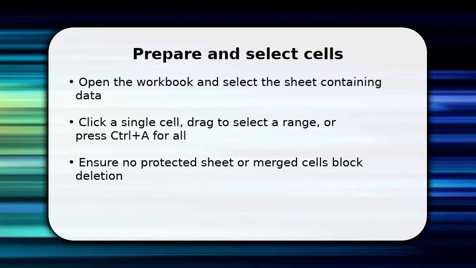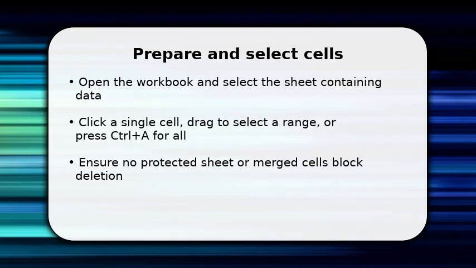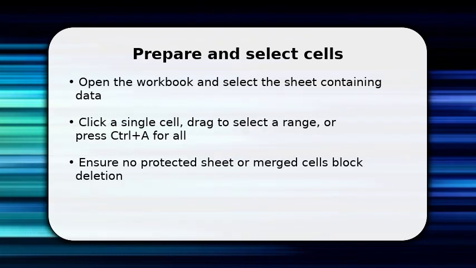You start by selecting what you want removed. This matters because Excel treats selected cells differently. Click a cell or drag across a range, or press Ctrl+A to grab the whole sheet. Once done, make sure the sheet isn't protected and merged cells won't interfere, since protection prevents deletion and merged ranges